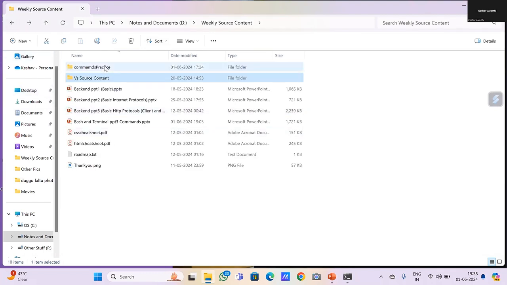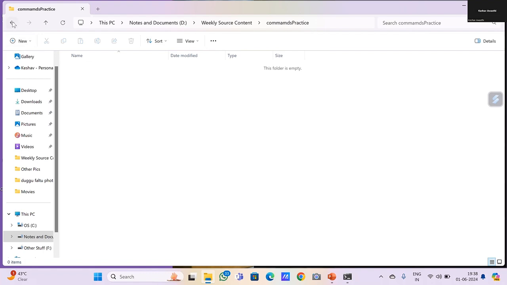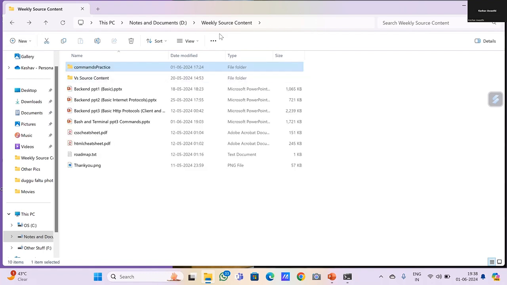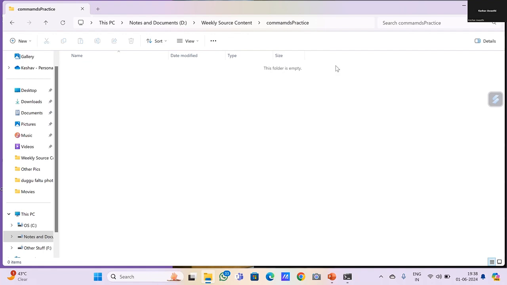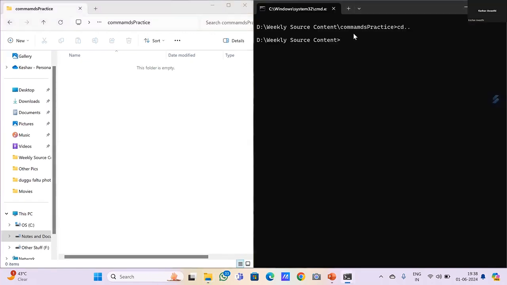Right now I'm inside this commands practice. I've opened both simultaneously. This is my terminal way, this is the terminal way how you can see, and this is